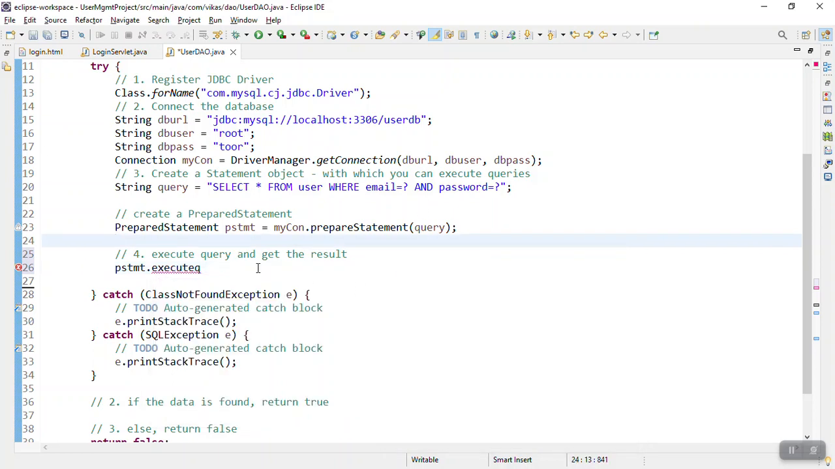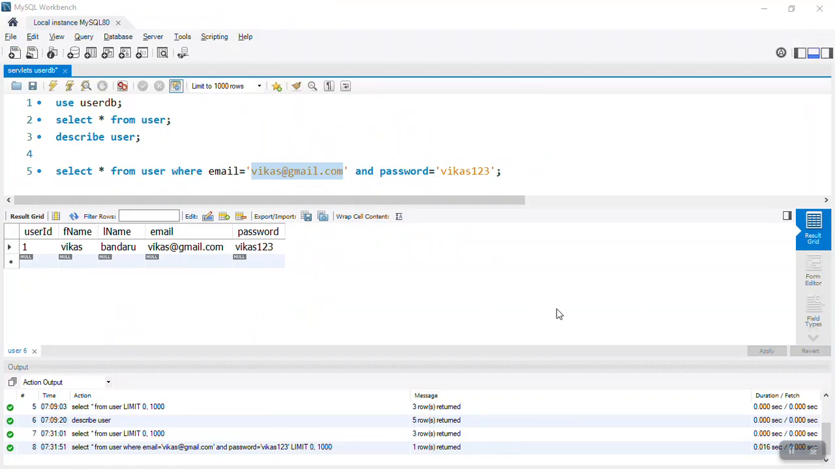Okay, that is what it means. So what does exactly it mean? If you check it in the workbench, when I executed this query, it has returned this as the result. So this can be considered as a result set. This data, this result that it is giving in the database, that is called the result set. Okay, and that result set will be returned back to our Java code when JDBC is executing this query with